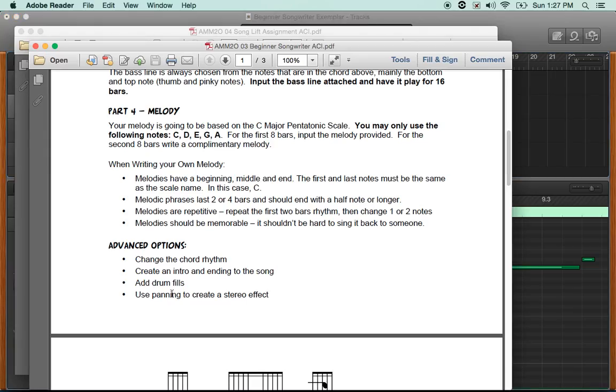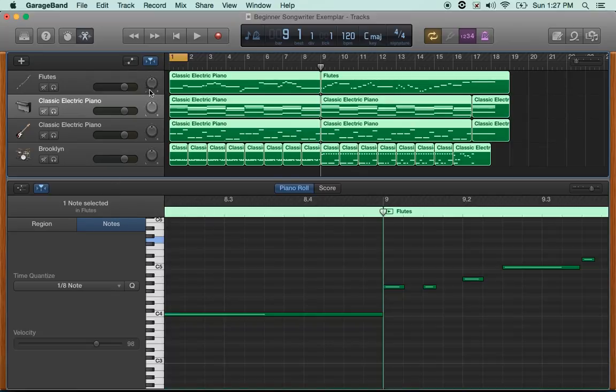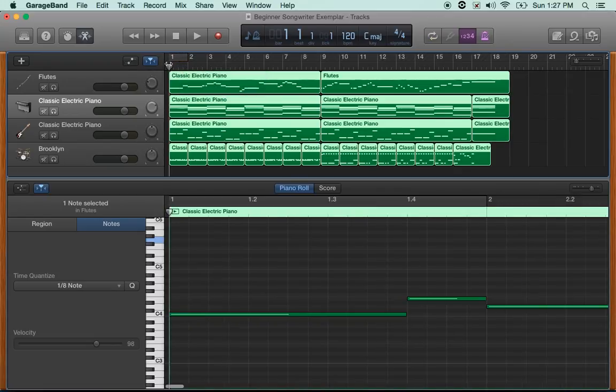And finally, using panning to create a stereo effect. So here we are now. I'm going to take my flute and move it over a little bit to the left. I'm going to take my piano and move it over to the right. I'm going to keep my bass and drums in the middle, though. And so now we get this slightly